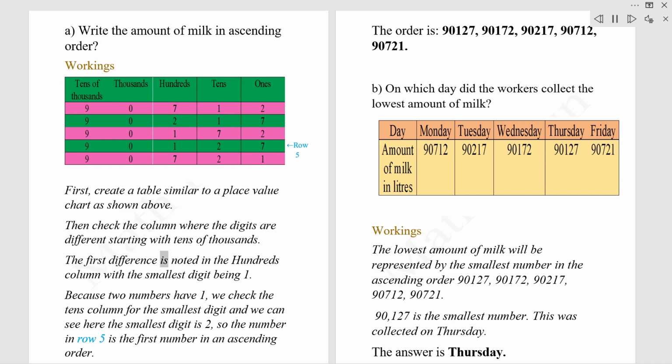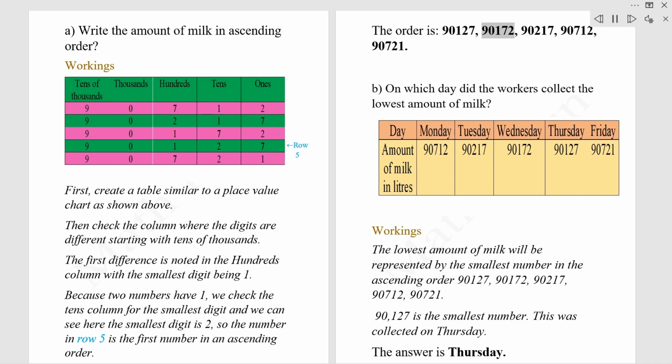The first difference is noted in the hundreds column with the smallest digit being 1. Because two numbers have 1, we check the tens column for the smallest digit and we can see here the smallest digit is 2, so the number in row 5 is the first number in an ascending order. The order is